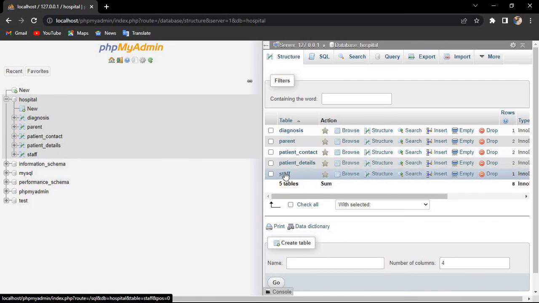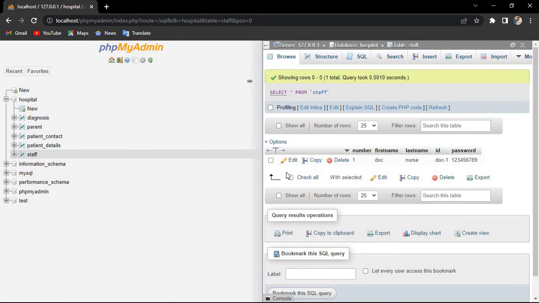The password was placed in the staff database. See the ID of this thing and the password. The default ID is doc/1 and the password is 129, and it's found in the staff